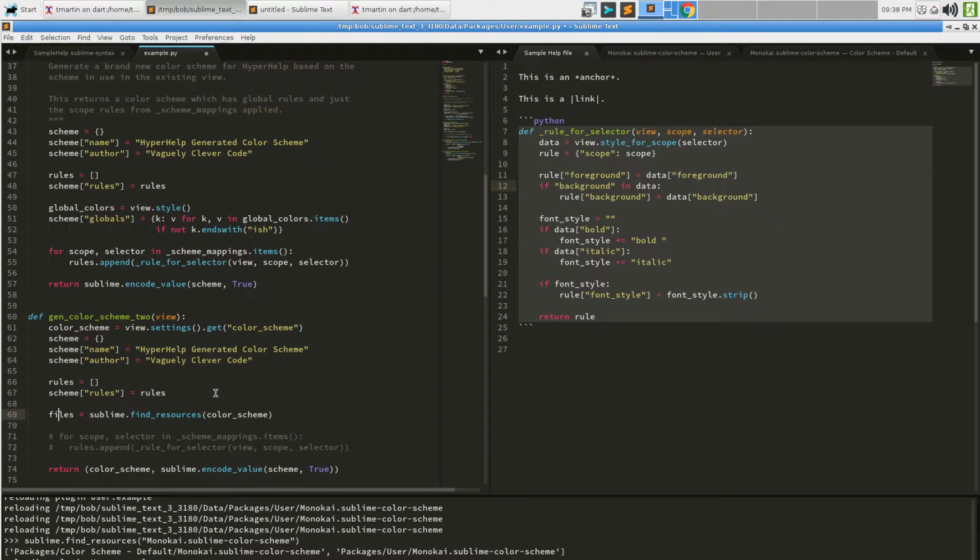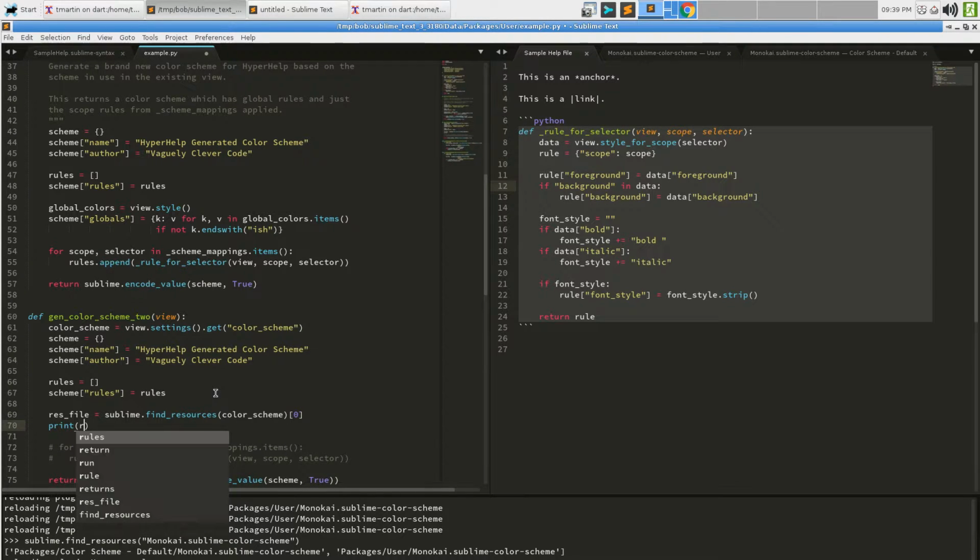And as a matter of fact, again, we're going to assume that because we are either getting this color scheme from a view, so it's already set, or we're getting it from the user preferences, whatever this is set to must be something that exists. Or if it's not something that exists, the user is really unhappy because they're constantly getting a dialogue pop up saying that their color scheme is missing, and it's probably hard to read because everything's white on white. So we don't really need to worry about that.